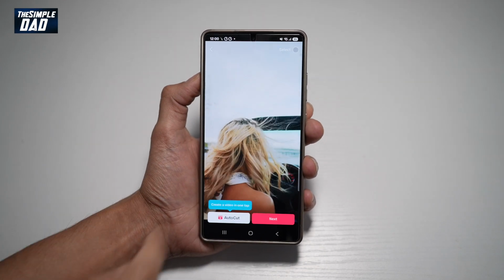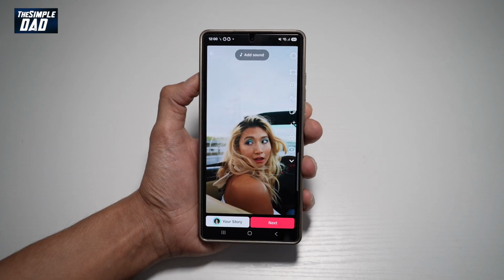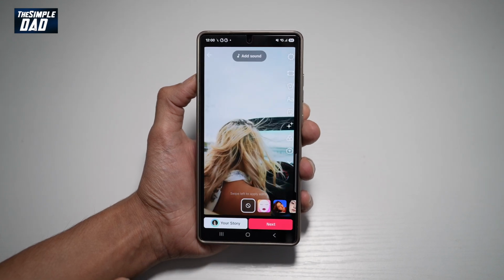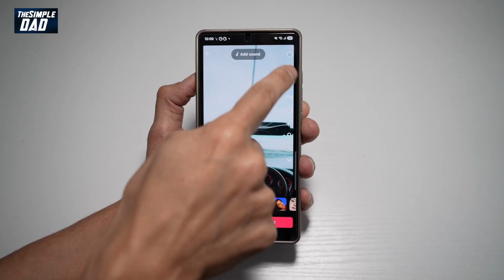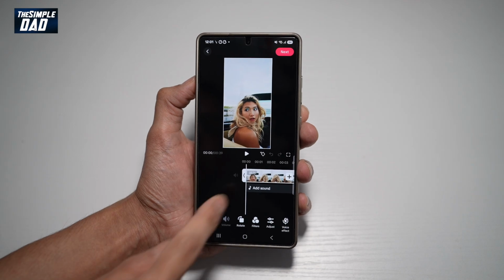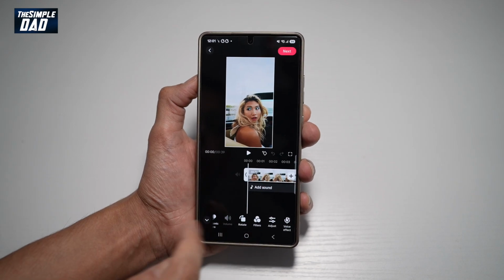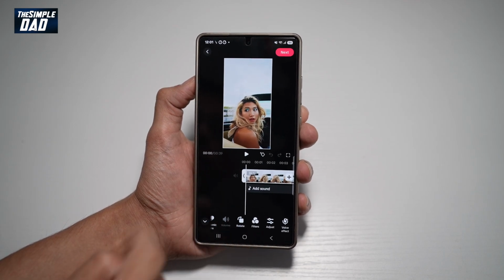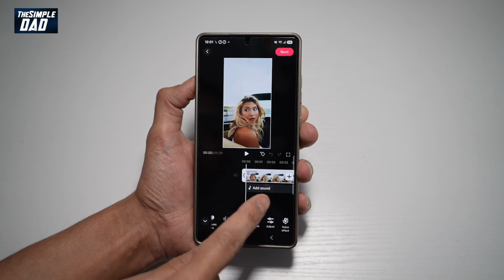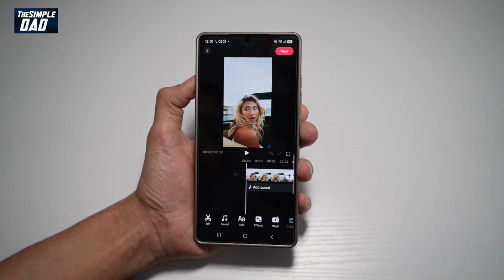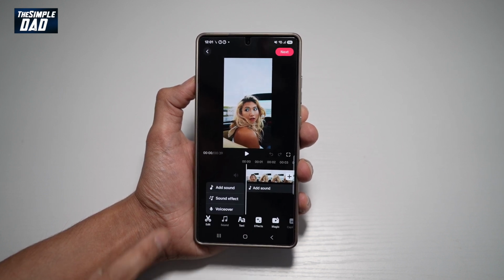Now here I've selected a 40-second video, tap next. Now to narrate for this video, go ahead and tap on this timeline button here. Now here on the timeline, go ahead and select the video and make sure the video sound is switched off or is mute. Next, go ahead and tap anywhere on the timeline and then tap on sound, then tap on